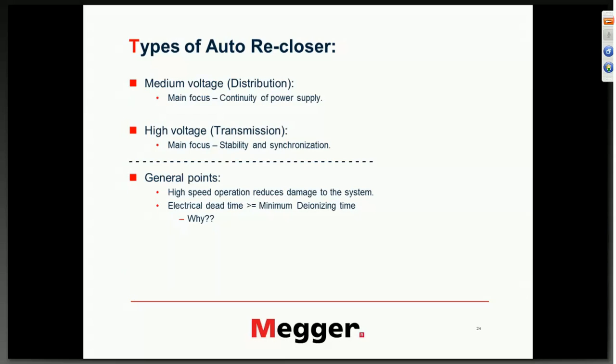But usually in a transmission line, it will always have a single shot, not a 4-shot, but a single shot, or maybe 2 shots of reclose. Why? Because majority of the function